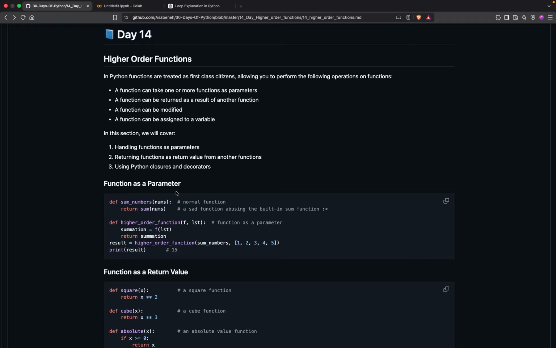A function can take one or more functions as parameters. A function can be returned as a result of another function. A function can be modified. A function can be assigned to a variable. In this section, we will cover